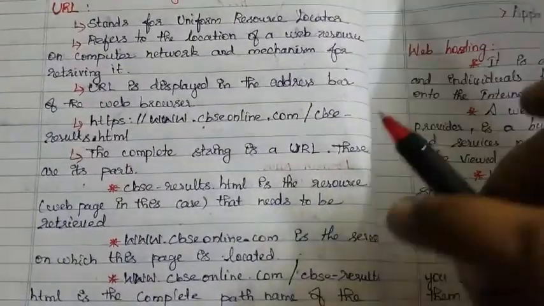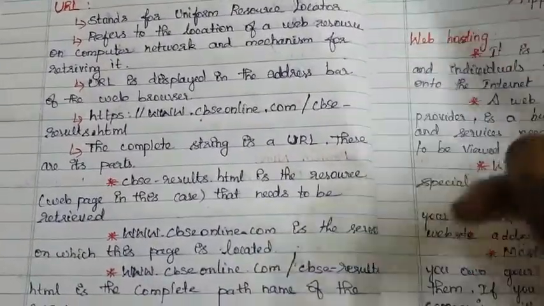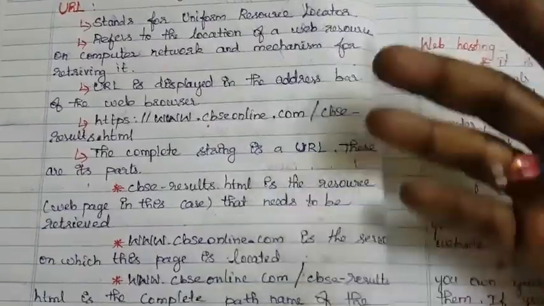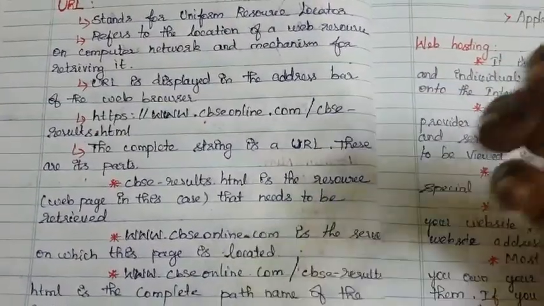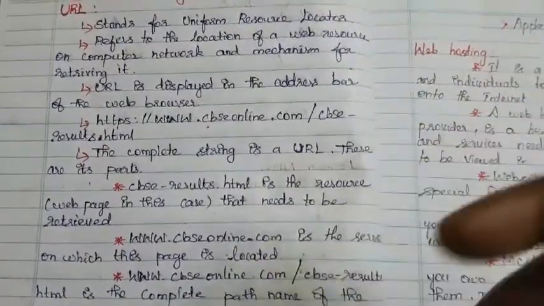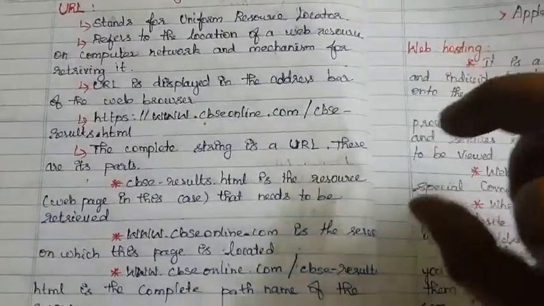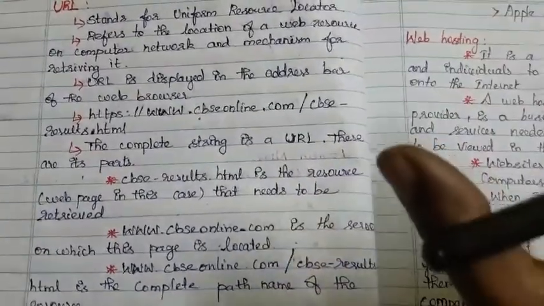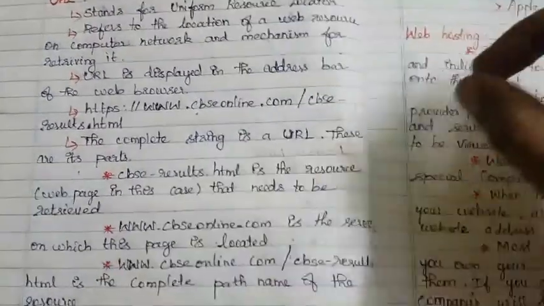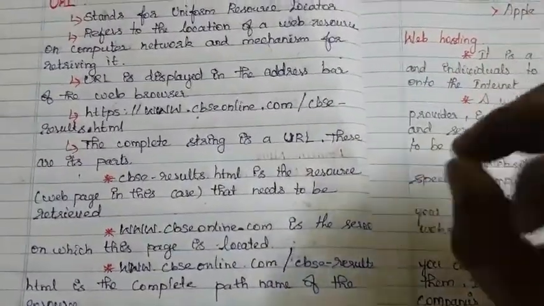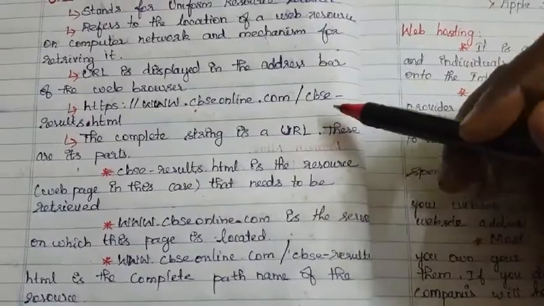Web browser, everybody knows, Google Chrome or Mozilla Firefox, Internet Explorer, these are all called web browsers through which we will access the web, right? In that web browser, there will be the address bar. Whatever is displayed in the address bar is called a URL. Here I have given an example, that is